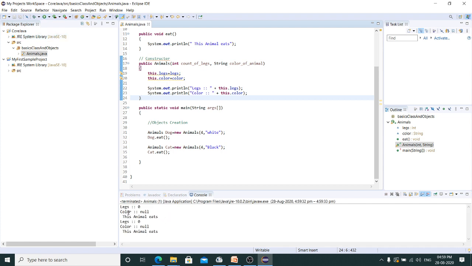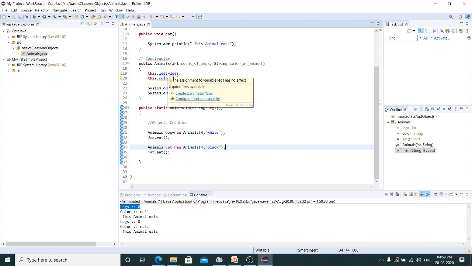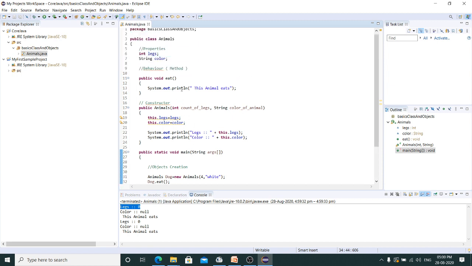You can see this dot legs shows 0. Okay, there is some error in the program. Let's troubleshoot that. So what is the error here? It is this dot legs.